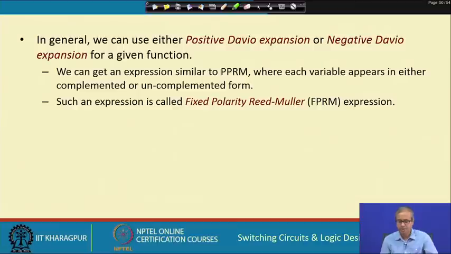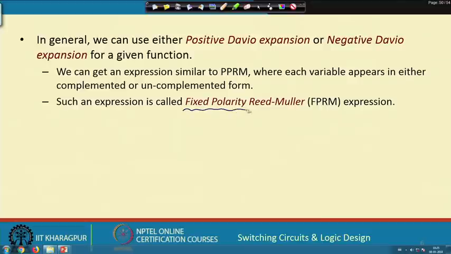Now, the point is that sometimes we may not require all in uncomplemented form. So, you can have a combination of uncomplemented and complemented form, but you can enforce that some variable, say x1, will appear in only one form of complementation, like x1 will always be uncomplemented, x2 will always be complemented, x3 will be uncomplemented, like that. If you have that kind of a restriction in place, then you can have something called fixed polarity Reed Muller